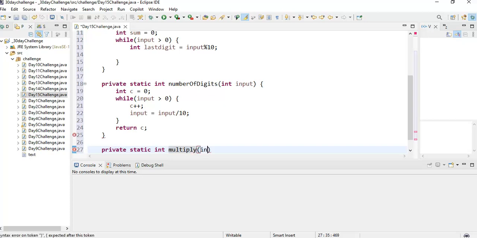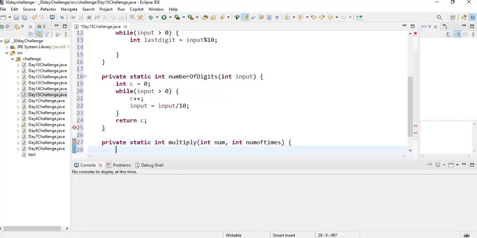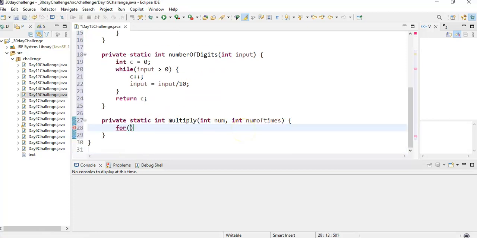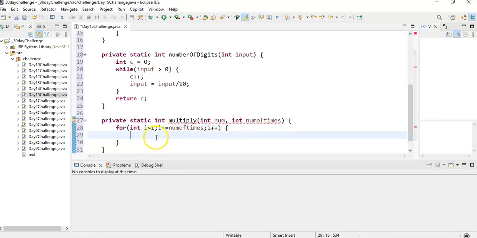How many times? First we need to get the number. What is the number? An int numberOfTimes, the number of times we want to multiply it. How to multiply? We can use a loop: for int i equal to 1; i less than or equal to numberOfTimes; i plus plus. If we are sending 3, it will iterate 3 times,